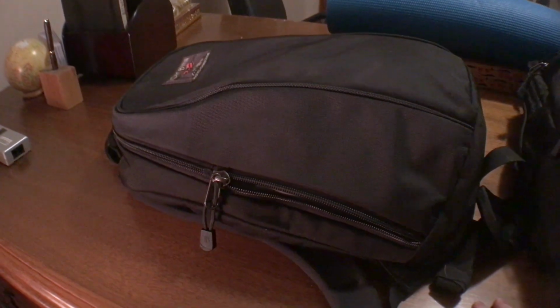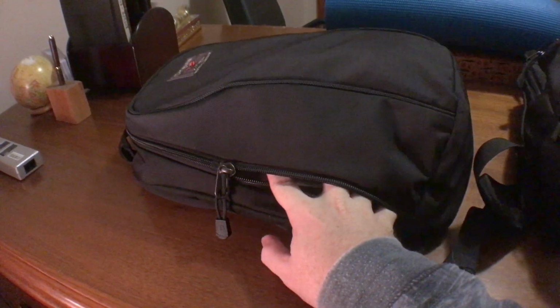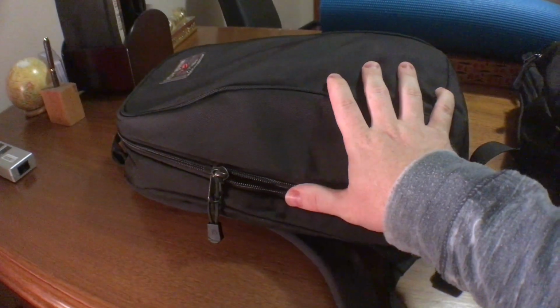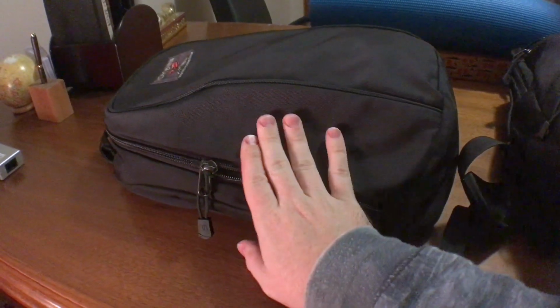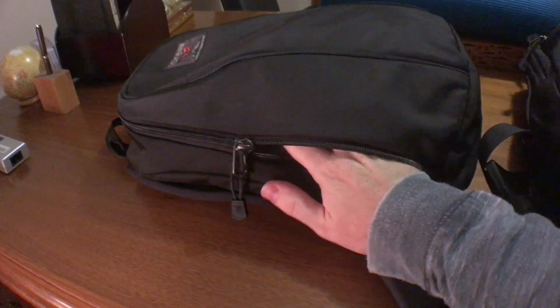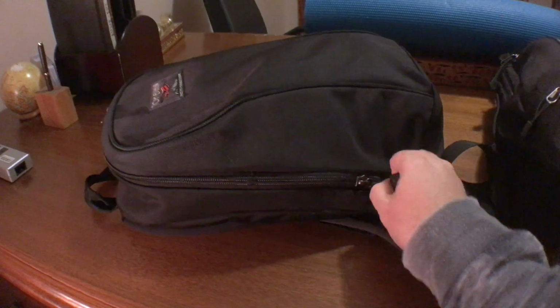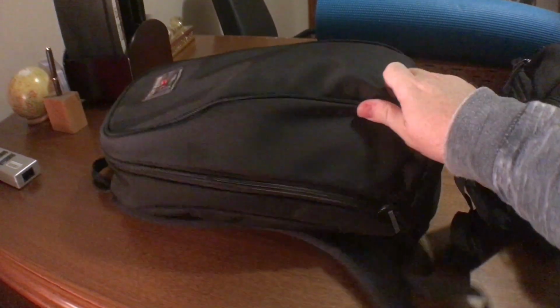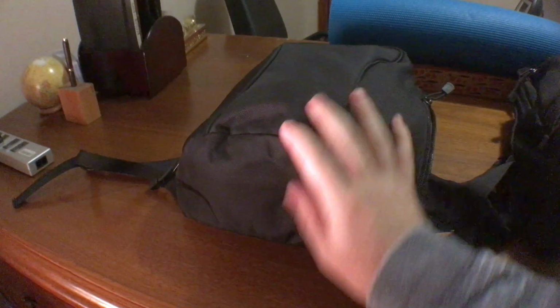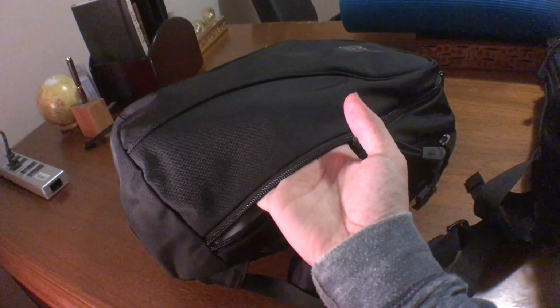I have found that I can get some things in there, but unlike the Synapse, one of my favorite things about the Synapse, and I talk about this at length in the review, is the dimension to the pockets, the depth they have. This is not necessarily built in a three-dimensional space. It's kind of like a slip pocket. And I suspect they did that because the internal space is so limited to begin with that it's hard to take away from that. So there's the identical pocket on this side of the bag,